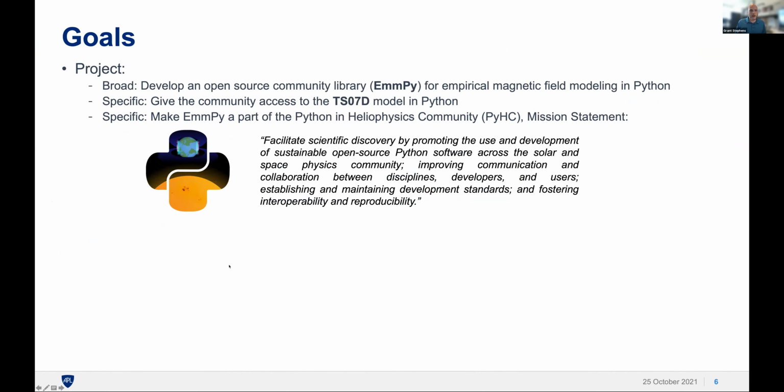So the goals of MPy, like I said, the broad goal is to develop this open source community library for empirical magnetic field modeling. But specifically, that's very broad, we wanted to give users access to this TS07 model. And another specific goal is we want to make MPy a part of the PyHC